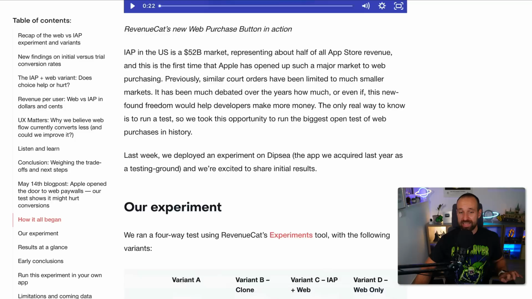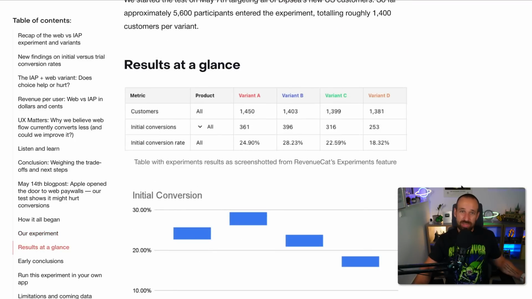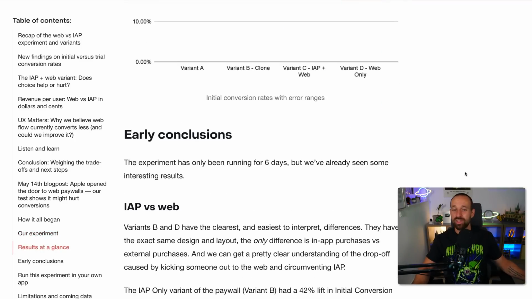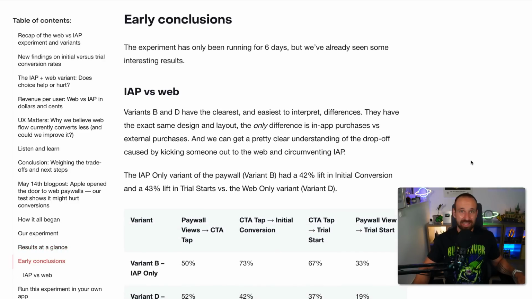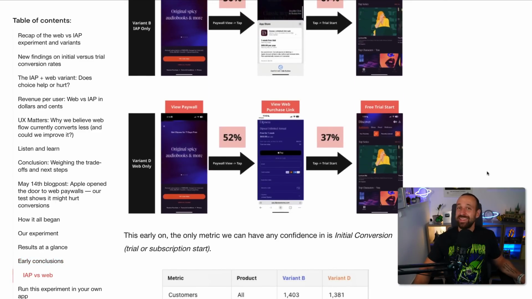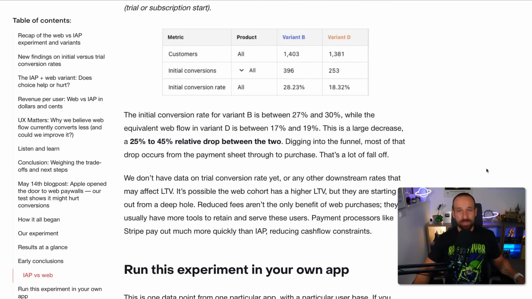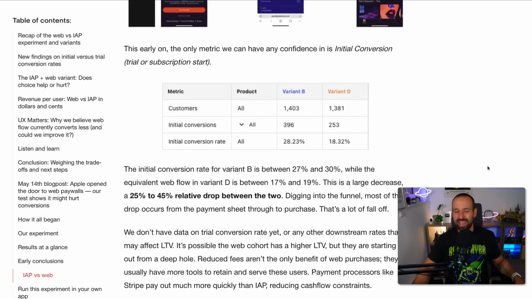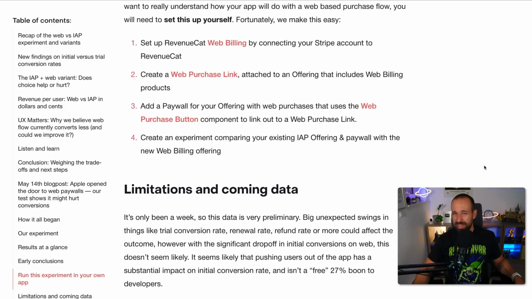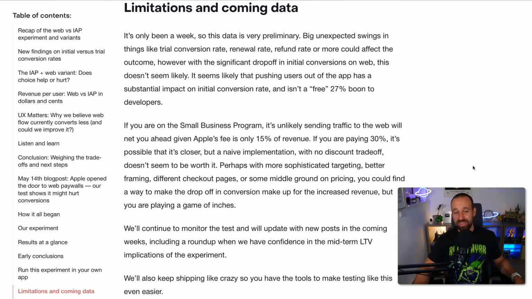It looks a bit like the people you convert on the web might stay longer, so their lifetime value might be higher. But overall, the take-home money is simply less from this web checkout versus native checkout. So Apple doesn't even have to do anything about the whole checkout drama because it looks like people just vote with their money and they're saying, hey, we trust what we've been using for the last 15 years. The iOS in-app purchase flow is what I like, what I want to use,